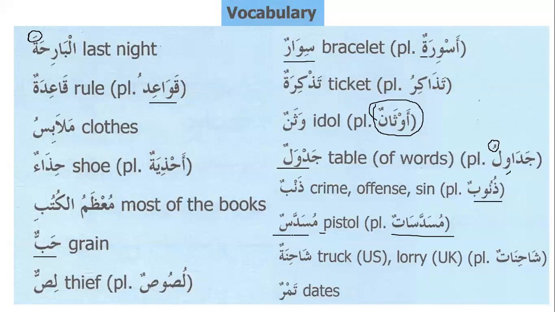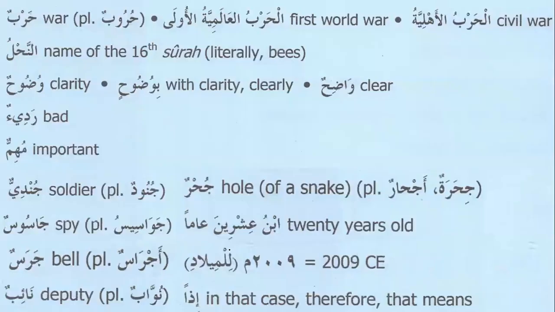I have noticed if something is made of material, then normally they make the plural on the pattern of feminine sound plural. Muslimatun, mu'minatun, sa'imatun. But here also materials have the plural on the pattern of feminine sound plural. And there is another example, however, this one has the marbuta, shahinatun, Shahin. Tamrun is the plural of tamratun.